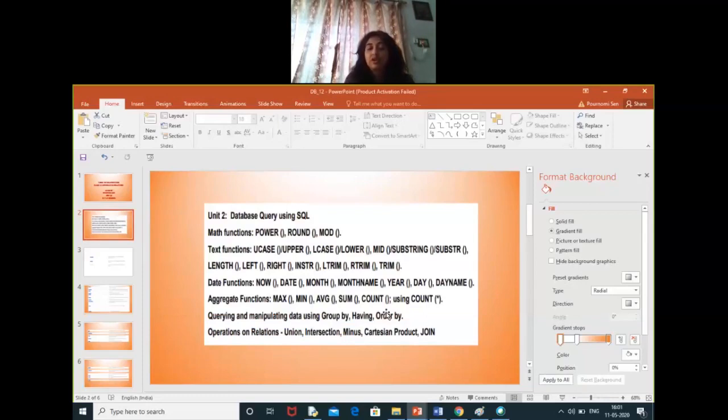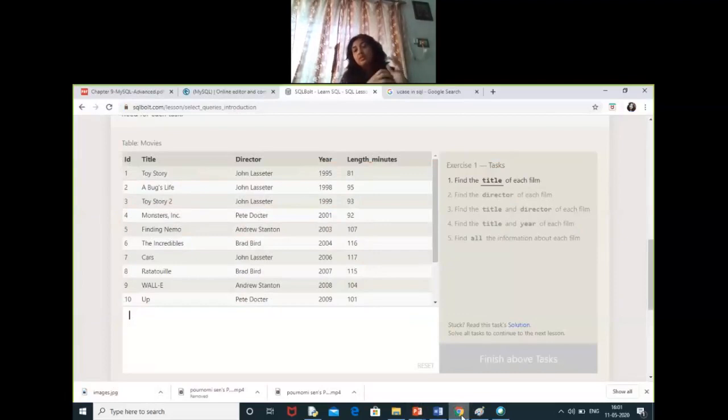Now what is order by? If you want to arrange the rows of a table in descending order or in ascending order of a particular attribute, then you will be using order by. Like in the length minute, as you can see, they are not in any specific order. First 81, then 95, then 93, 92. So if you want to arrange the content of the table in a specific order, ascending or descending, you can